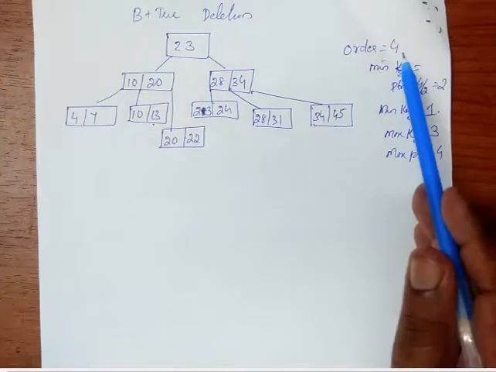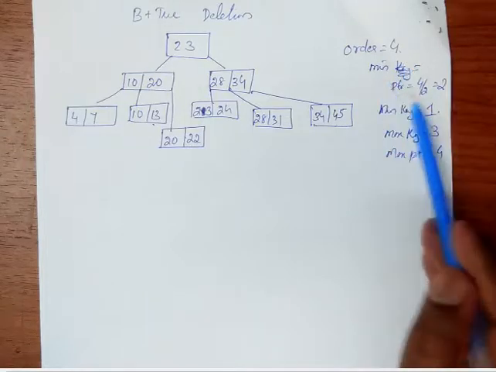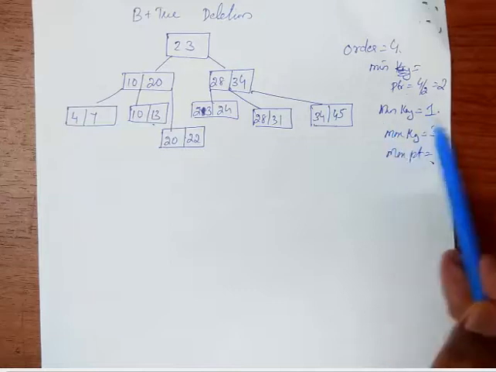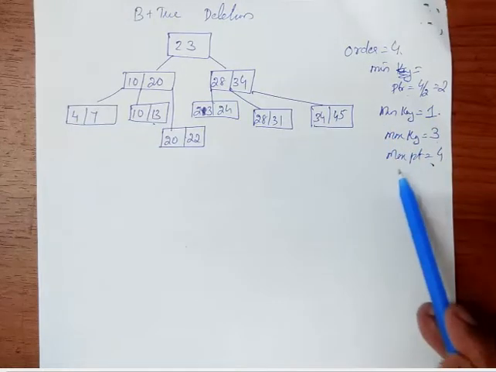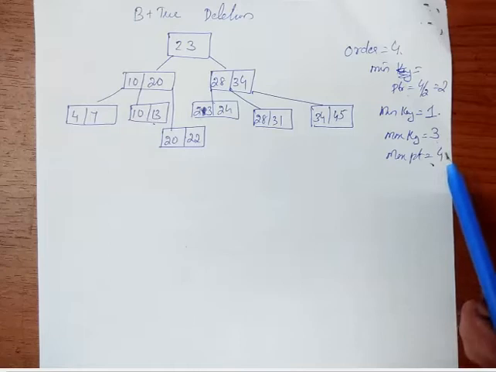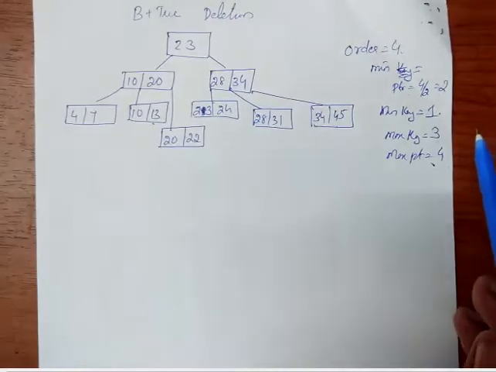So here we are going to deal with how deletion is done in a B plus tree. We are going to look into all the types of deletion that are possible in a particular B plus tree. We can see an example here consisting of many values, and we are giving the order as 4. The order of the B plus tree is 4, so we have to find the following parameters: minimum children is 2, minimum key value is only 1, maximum key value is 3, and maximum children is equal to 4.